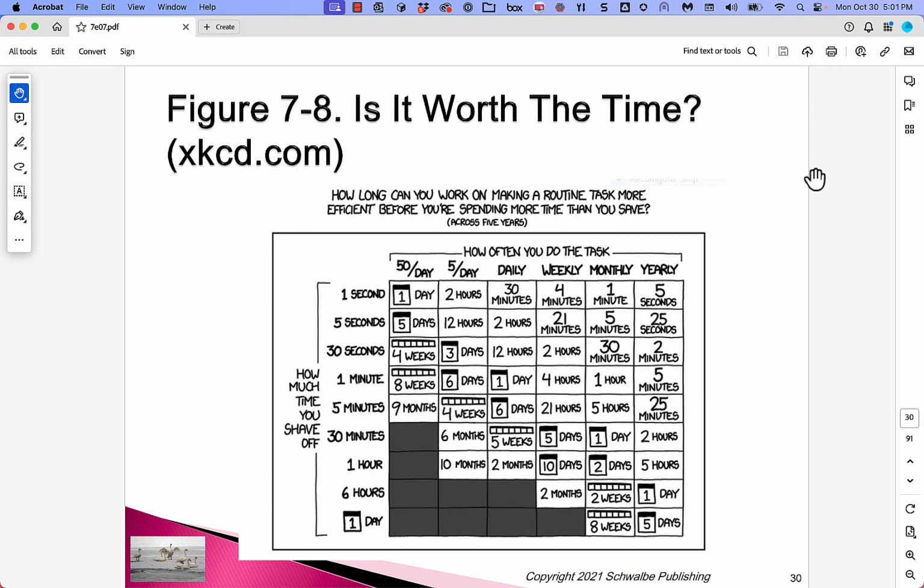Is it worth the time? How long can you work on making a routine task more efficient before you're spending more time than you save? Okay, and so they've got the two axes: how much time you shave off, how often do you do the task,